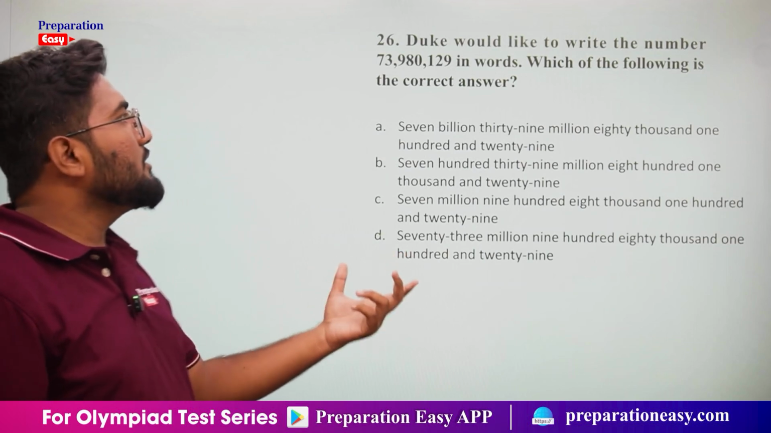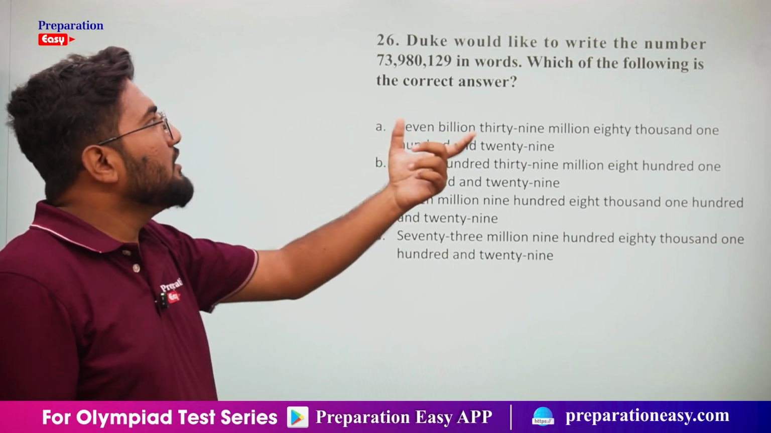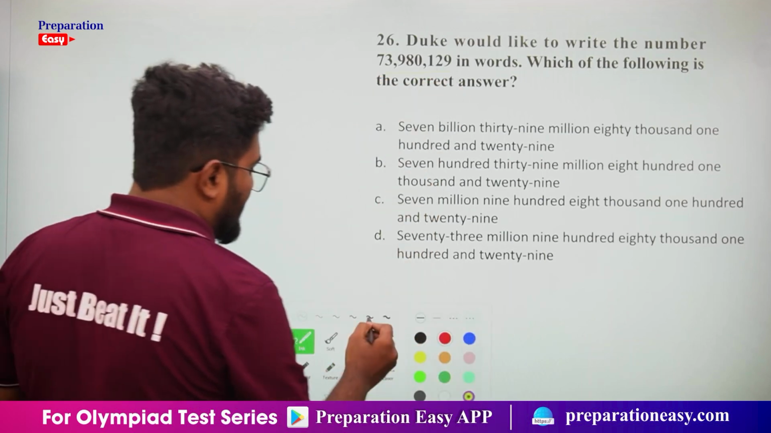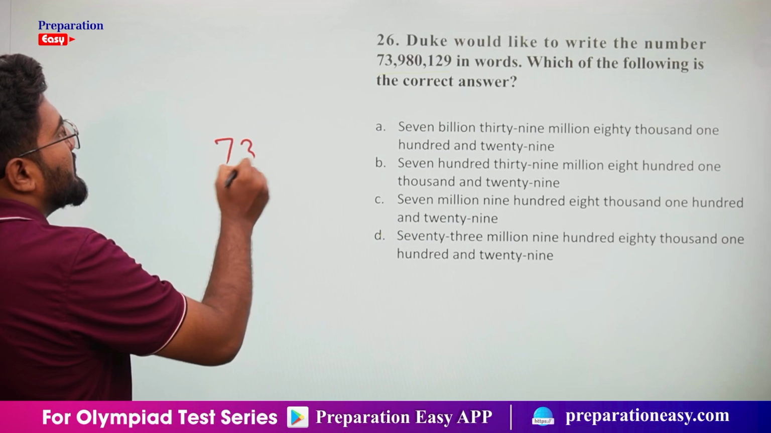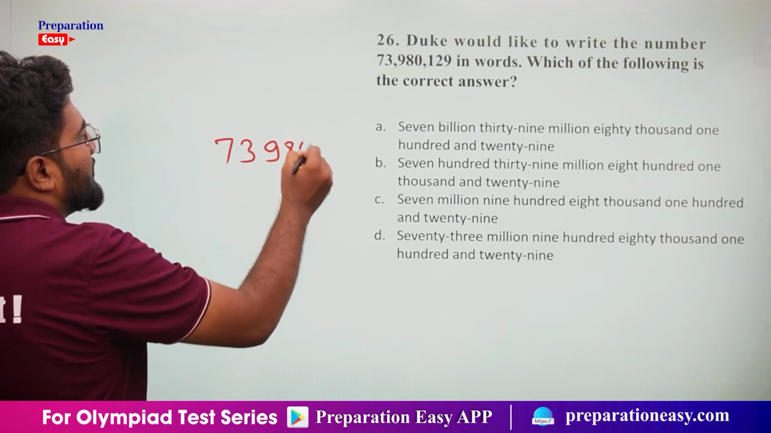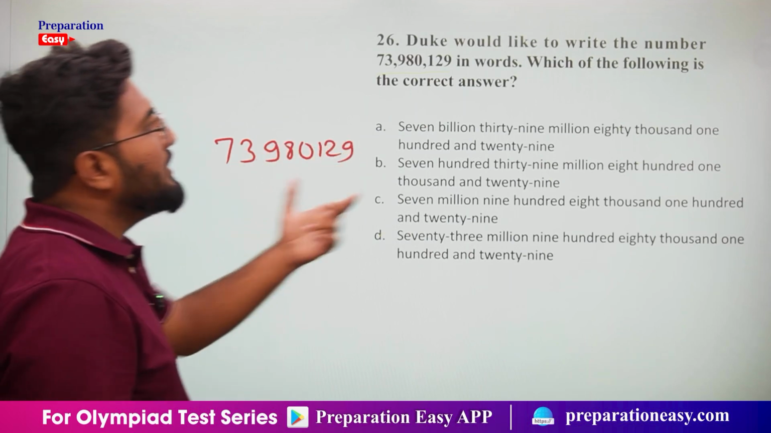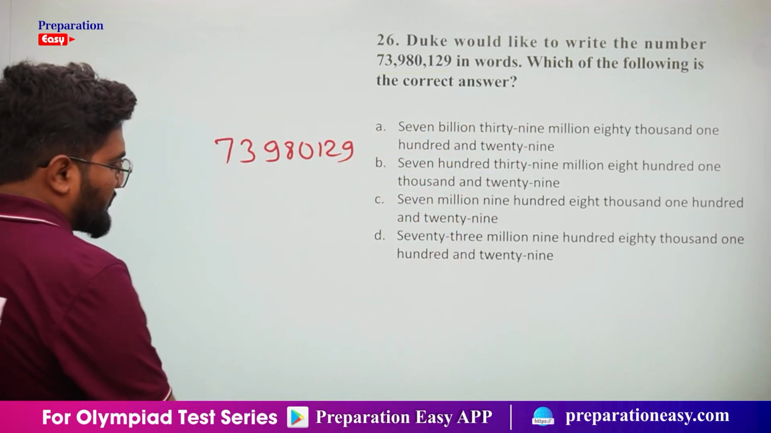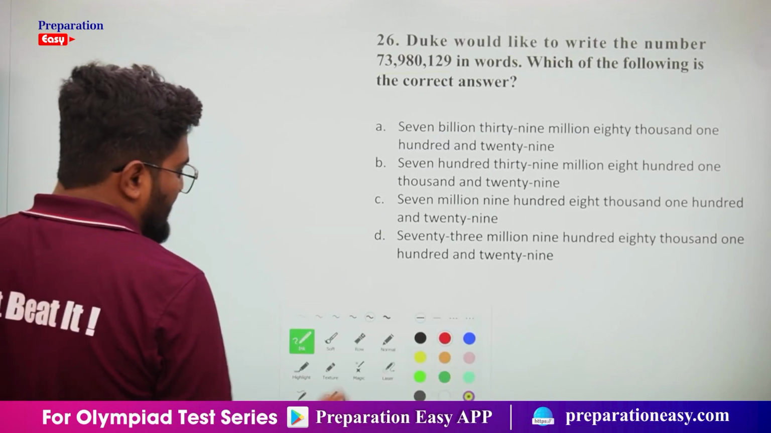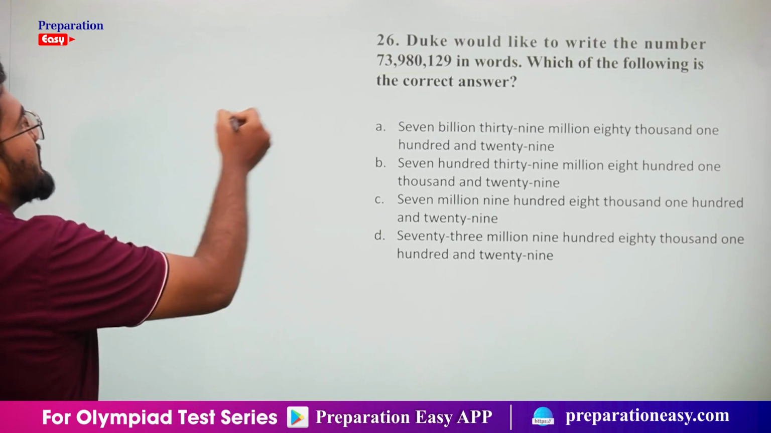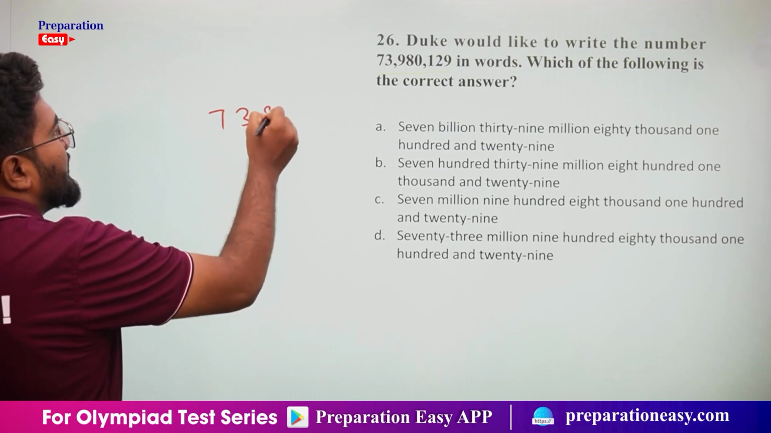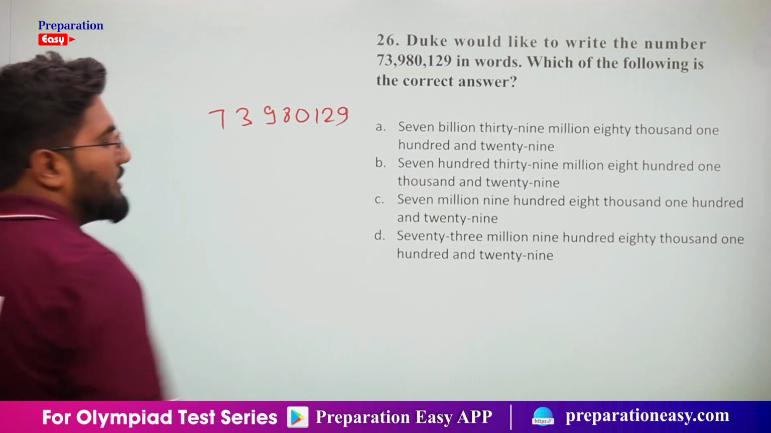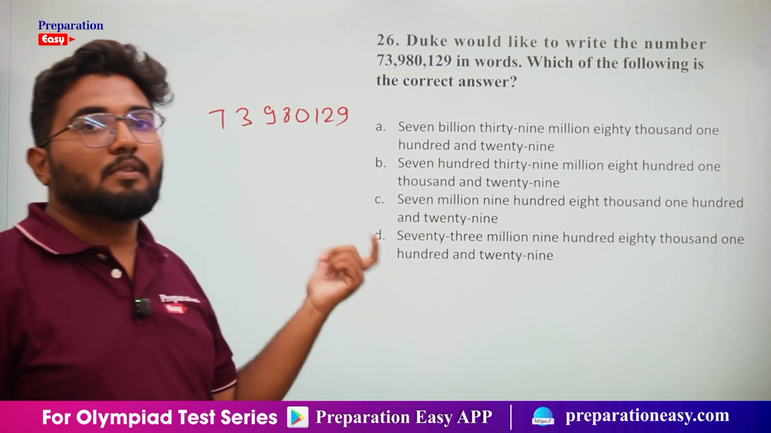So the next question, number 26, is: Duke would like to write the number 73,980,129 in words. Which of the following is correct? So let's try to break it down. So the number is 73,980,129. Here we have to write in the international number system,